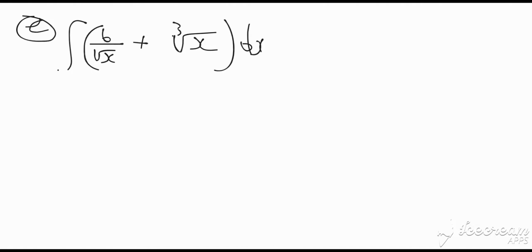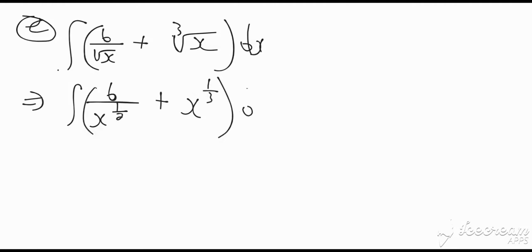If we look at question A, we notice that we have radicals. This is not a problem because we know by laws of indices that we can manipulate these functions. So first I could go right ahead and write this as the integral, where I have the root x, I could say 6 over x raised to a half power plus the cube root of x. We could write that as x raised to 1/3. Of course, the rules remain the same because the variable that I'm integrating must be in the numerator. So I'm going to have to bring up the x to a half. So when I bring that up, I'm going to have 6x to the negative a half plus x raised to